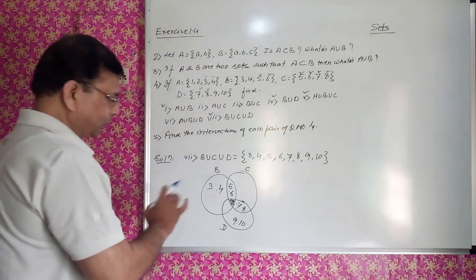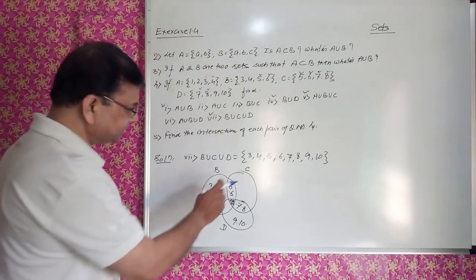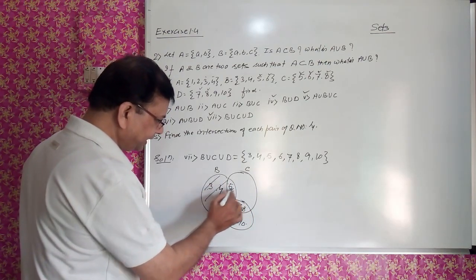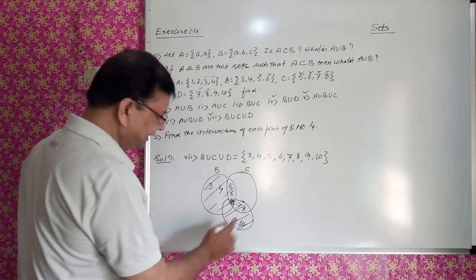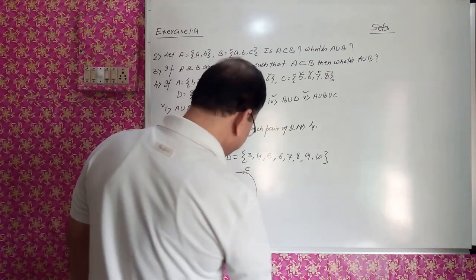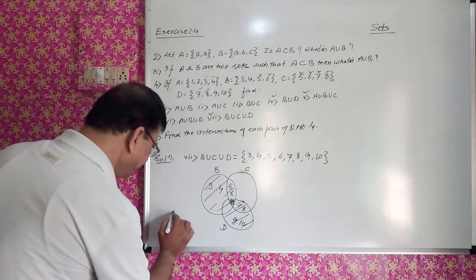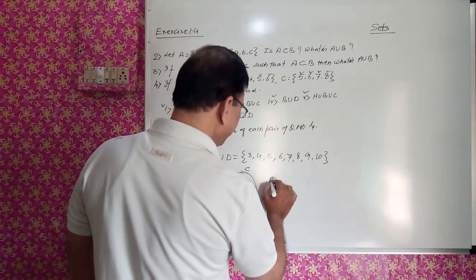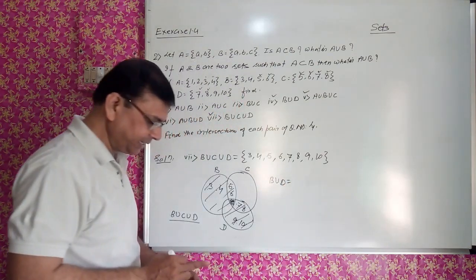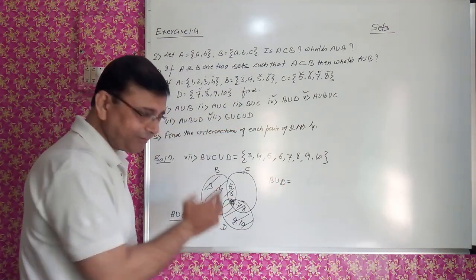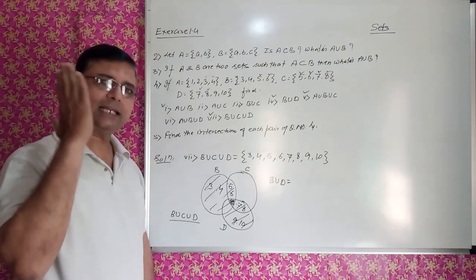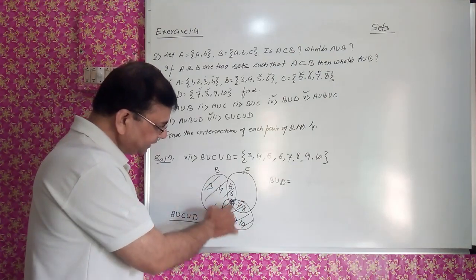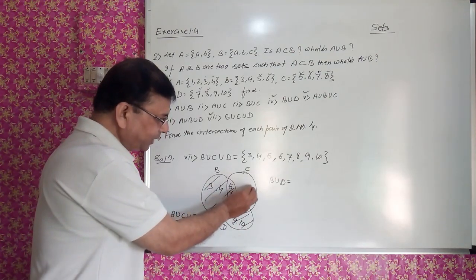Right? So if you are making B union D, this part is not there. This part is nowhere. So B union D is these elements. And completely, if you look at it, that is B union C union D. What is B union D? These elements are coming. The Venn diagram is very much useful. I am emphasizing again and again, take care of it. B union D means all these elements are there in B union D, not over here.